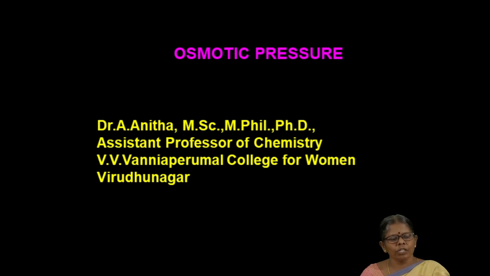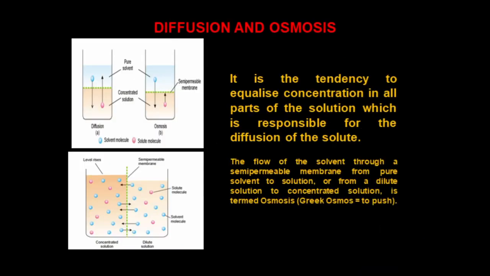Before getting into the osmotic pressure, we have to know what is osmosis and what's its relationship between the diffusion and osmosis. Here we are taking the concentrated solution and over it we are taking the pure solvent. Pure solvent is nothing but the absence of the solute, whereas the concentrated solution indicates that more amount of solute is present in the given amount of the solvent. Consider we are having concentrated potassium permanganate solution as the concentrated solution and pure solvent, that is simply water, over it. After some time we are finding out the